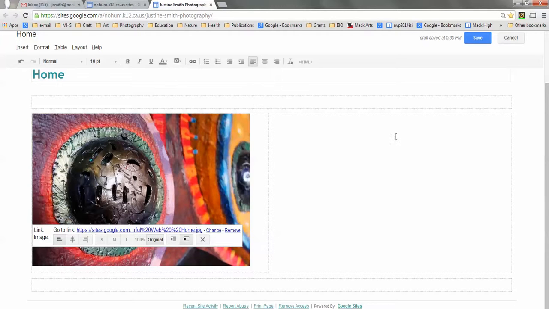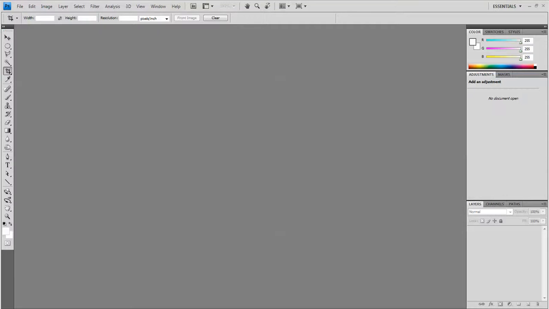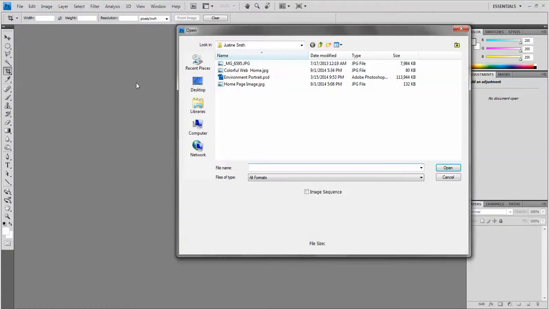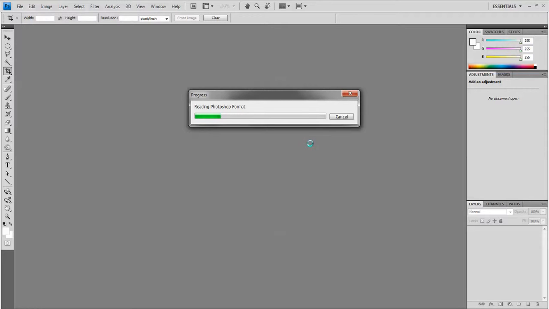Over here on this side, I'm going to put a different type of Photoshop image. So for now, I'm going to save this and go back to Photoshop. Sometimes in Photoshop, let's go to Open. I have another file in here, and it's called Environmental Portrait. I made it last year, and I think it's pretty cool looking. I took a picture of myself, and I combined it together with a picture of a waterfall that I took